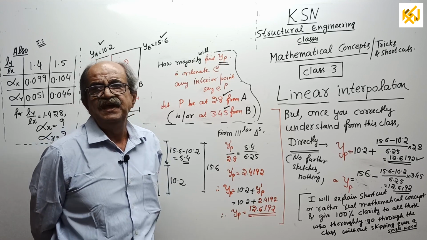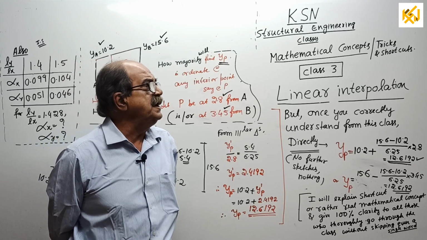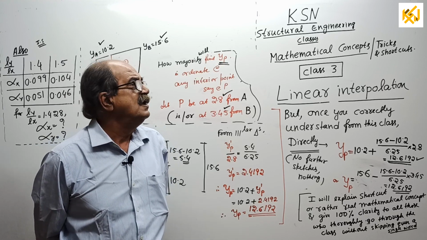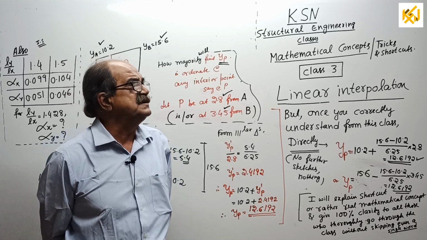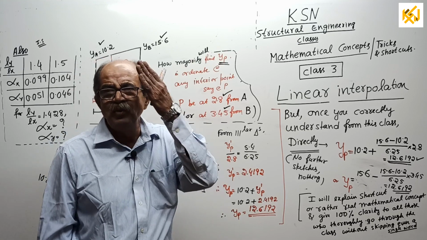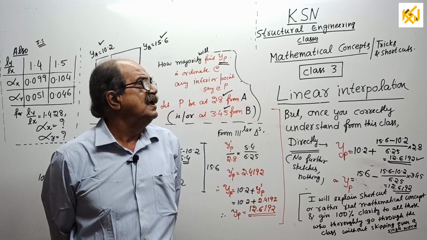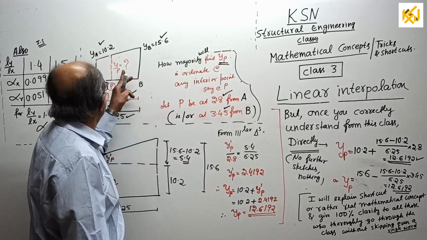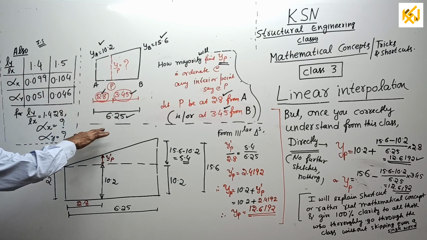See, in RCC, for shear reinforcement design, PT and tau c. Corresponding to PT, you get tau c in the table. Or if you use SP16, corresponding to strain in steel, you get the stress in steel, that is FSC. They are all tables. Actually, so many places, not only in civil structural engineering, in any branch, you get this interpolation. Sometimes by the sketch, sometimes by table. See, now, I will make it fully clear.